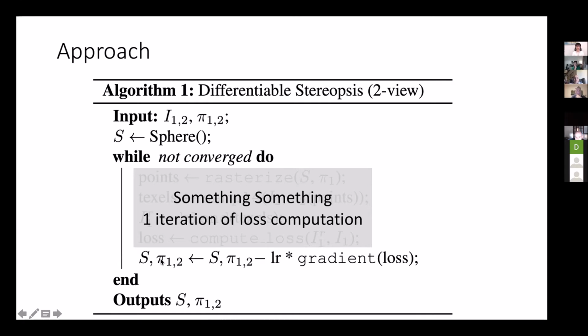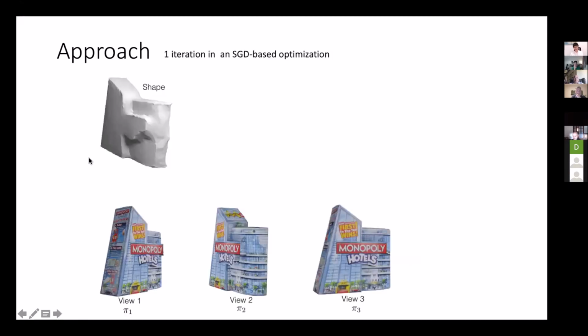Essentially, all you do is you have your shape, S, and pi stands for the cameras, for projection. I'm going to correct them using some gradient descent step. There's some differentiable rendering where we look at the images, and from that we figure out how to correct the shape and how to correct the cameras, and just repeat. That's it. Nothing more. It's super simple, very easy to explain, because that's all there is to it. So let me get into a bit more.